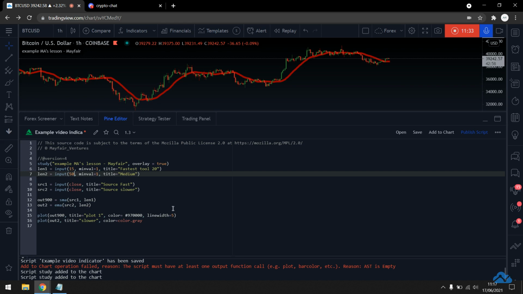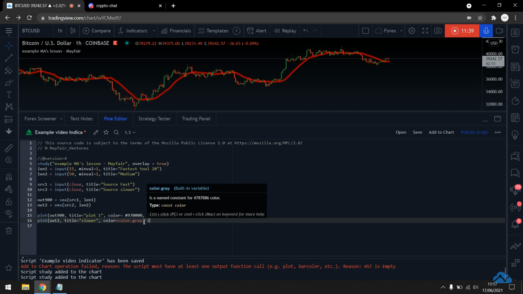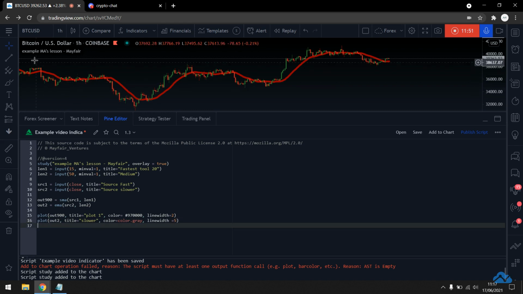So as now a 15, I'm going to make this one be a line 2. I'm going to keep this as gray. I'm going to change the line width, which equals 5 on this one, and I'm going to close that up. So now, if I get rid of the first moving average, what I've now done is added a second moving average to the same code. You can see it's only a handful of lines. We're talking 15, 16 lines, and that's obviously with the spaces.